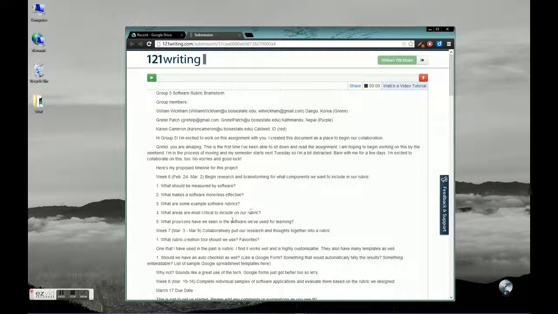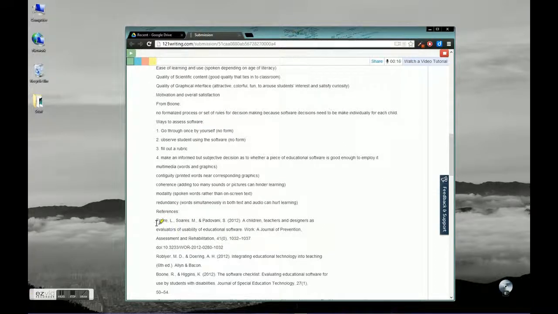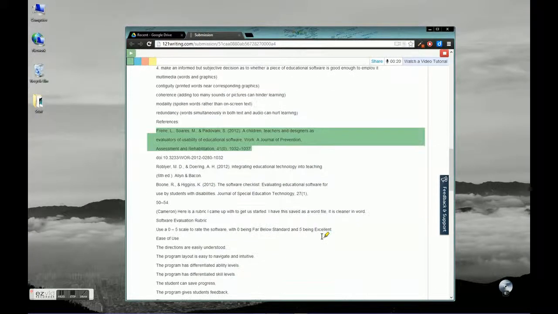So to do that, I need to know where I want to do that. So I'd probably take a look, see what I want to add, and then come up here, hit record, and then I like green, so I'm going to highlight in green. My cursor changes to green, or at least changes to a highlighter, and then I can come through, and while it's recording me, I can highlight sections and comment on those sections,